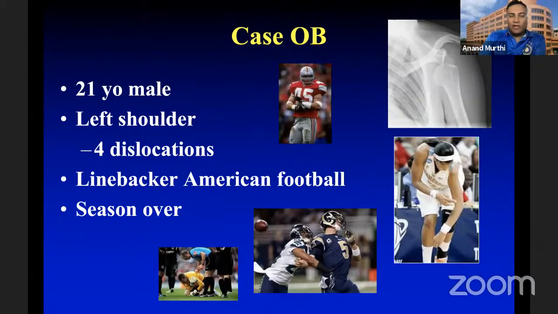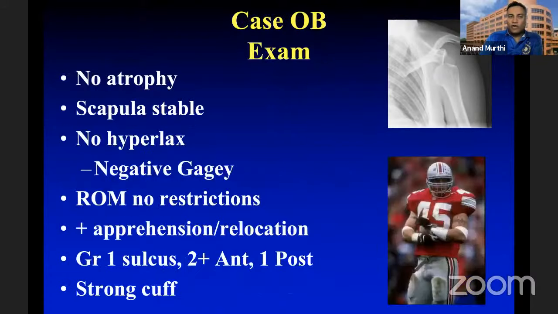This is a 20-year-old male, American football player. He's had 4 dislocations requiring reduction. His season is over. On his exam, he has no atrophy, no outliers, no hyperlaxity. His motion is very good. But, for me, a very positive apprehension relocation test is very pathognomonic for anterior instability, and he has a strong